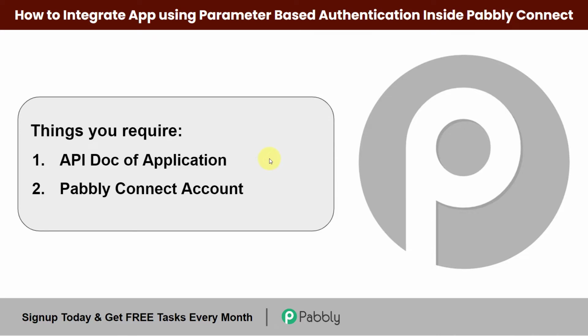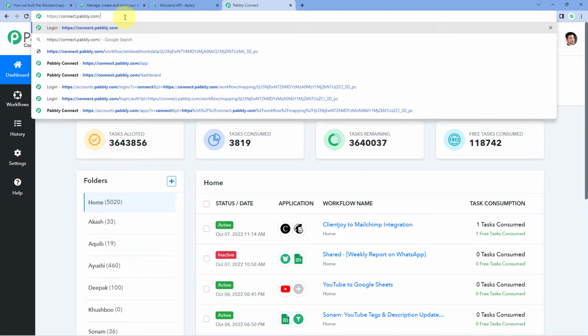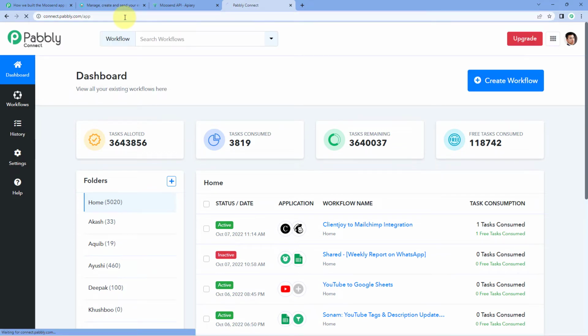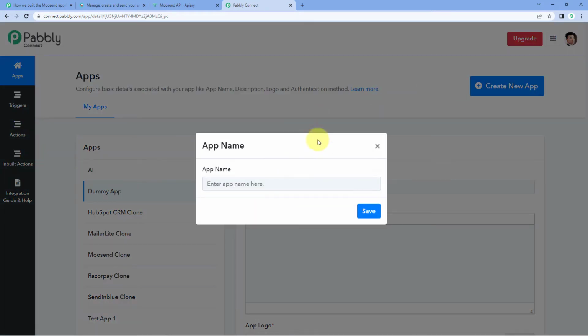So let's begin. Now, as you can see, here we have reached the front-end dashboard of Pabbly Connect. And to access the backend developers platform, you just have to go to the URL section, and after connect.pabbly.com, you have to enter /app. And now you can see that you have reached the app integration page. Now to begin with, just click on this create new app button, give your application a name and click on